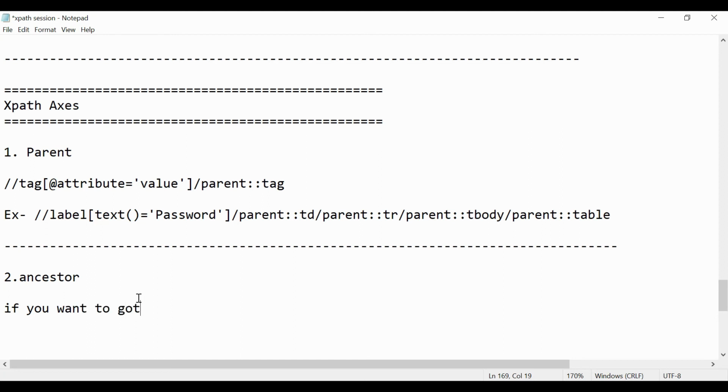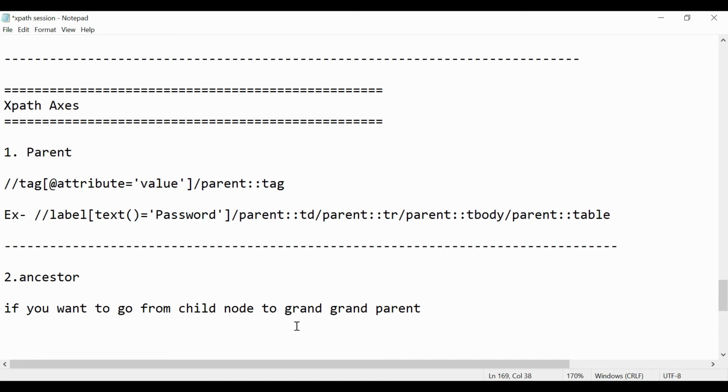So if you want to go to the grandparent, let me make it easy, if you want to go from a child node to the grandparent.